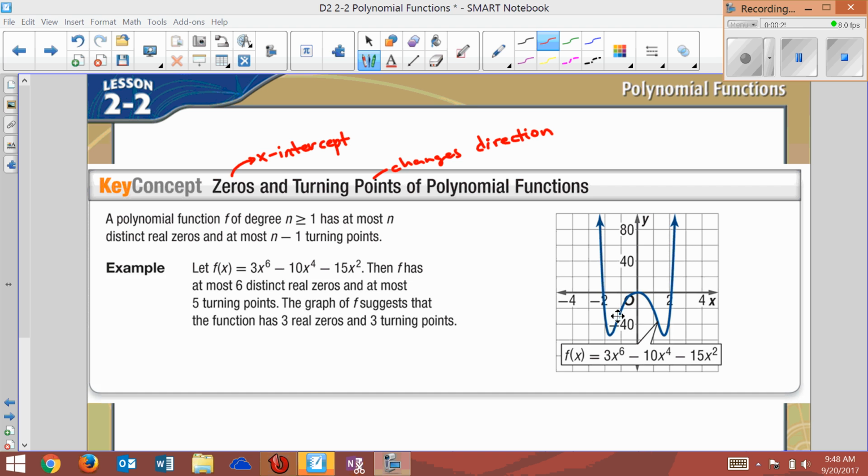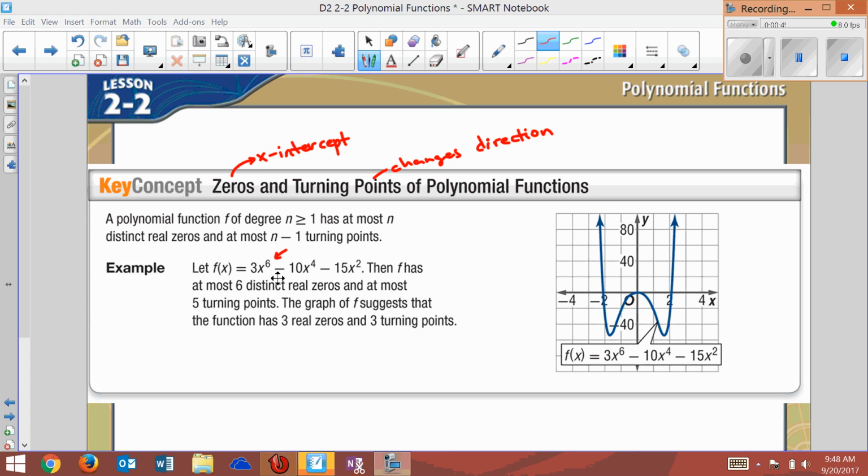So I have 3 turning points, but I have 1, 2, 3 zeros. We'll find out later in the lesson that's actually repeated, and so you could call it, there's 4 zeros, but one of them is repeated as twice. We'll learn about that. When you look at the equation, you can tell a lot of stuff by the highest